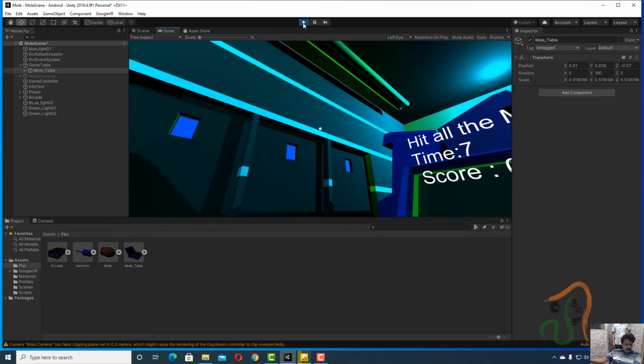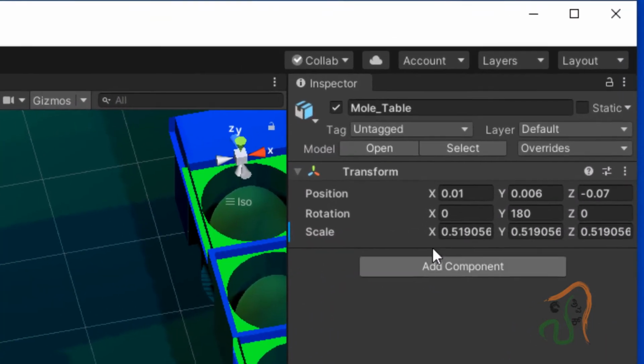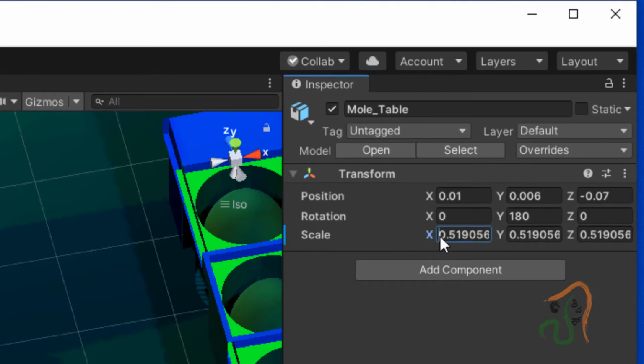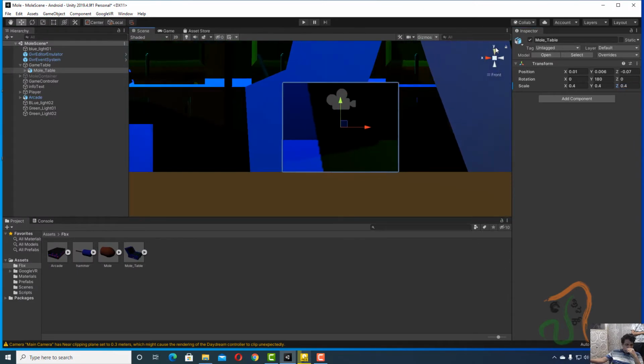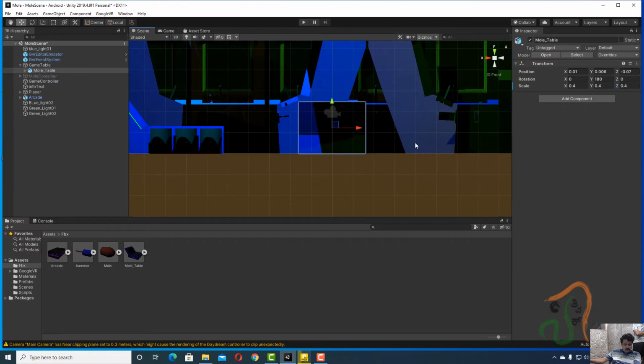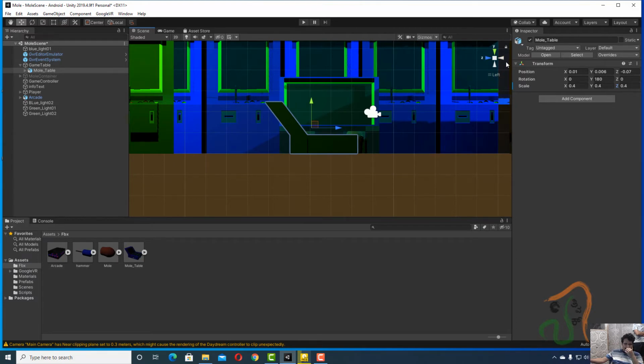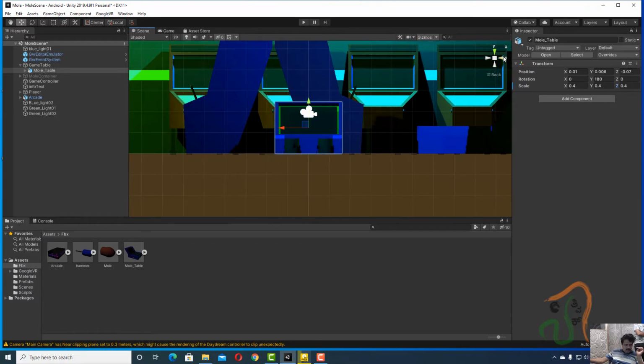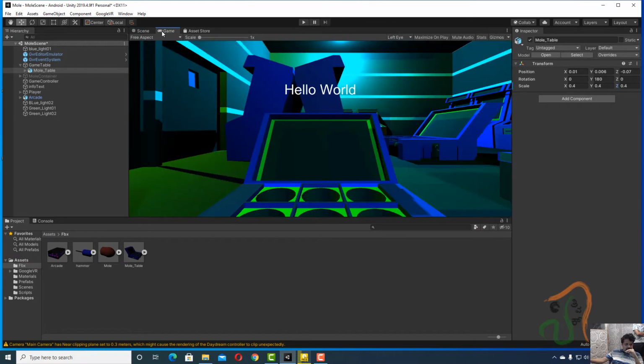Okay, so let us stop the playback here and come back to scene. This is set to around 0.5 now. Let us select this and make it 0.4 in all the three axes: 0.4, 0.4 and 0.4. After this, come to top view, that is side view now, and see that it is sitting exactly over the floor. Yeah, this is fine. Let us see it in all the views. Okay, this is also fine. Let us also rotate and see it. Yeah, this is fine. Come back to game view now, and let us play the game and see it.